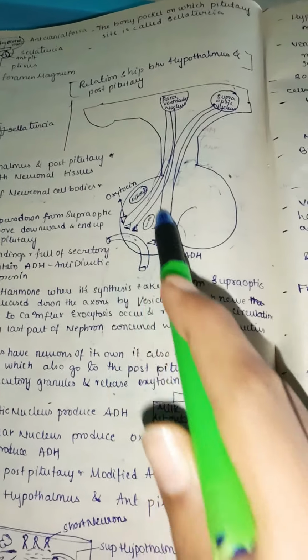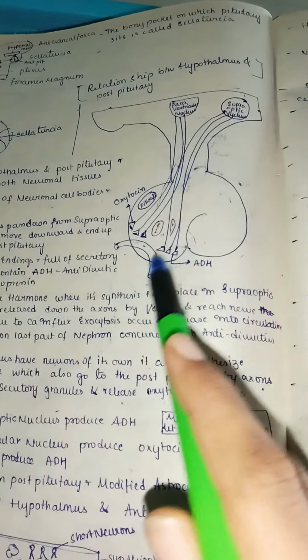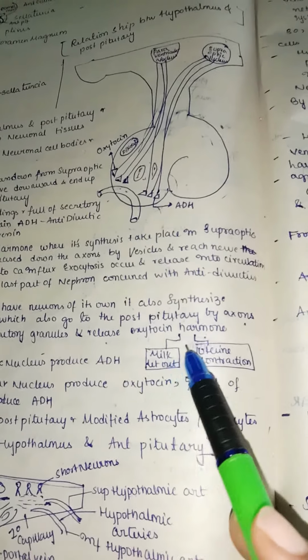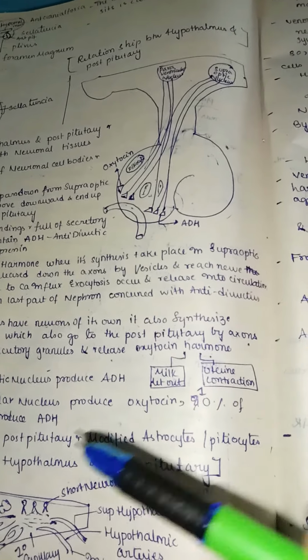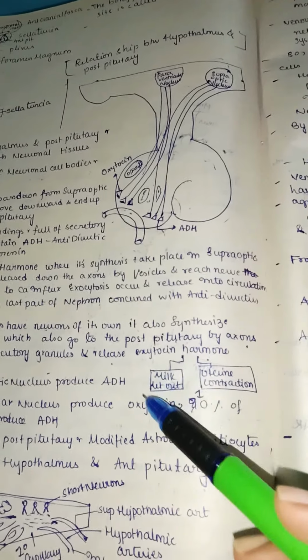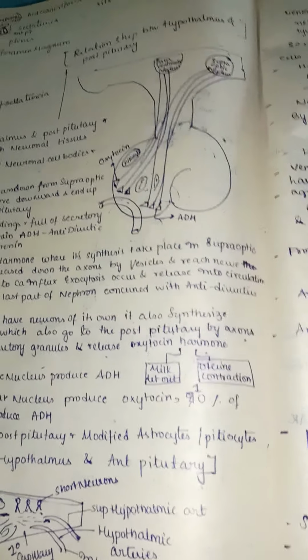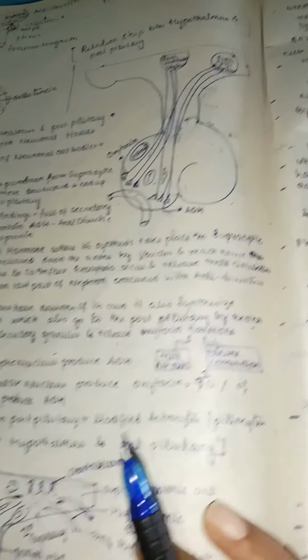So only two hormones are released mainly from our posterior pituitary. From the supraoptic nucleus ADH, from the paraventricular nucleus oxytocin. Oxytocin is mainly the milk letting out hormone, meaning from the breast during milk feeding to the baby, especially after pregnancy. This oxytocin is released in a female for feeding the baby, and is also helpful in uterine contraction during parturition or the labor of the baby.